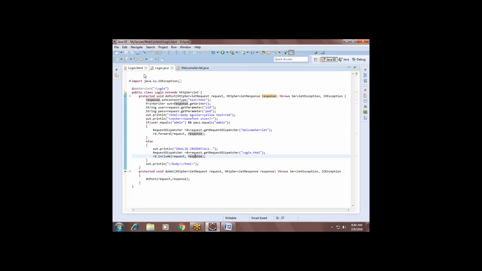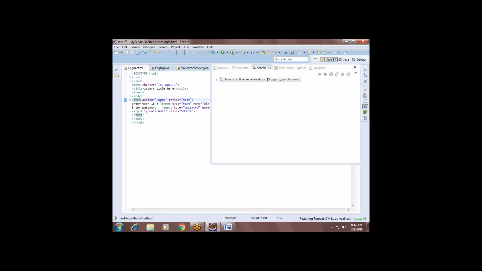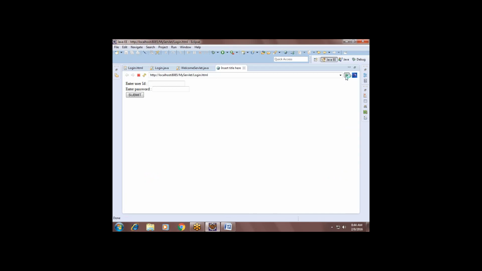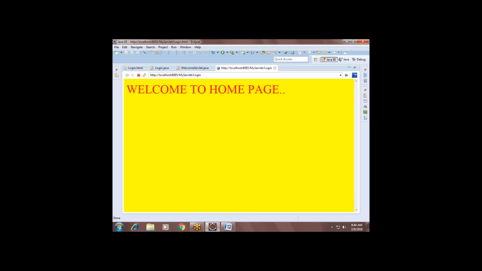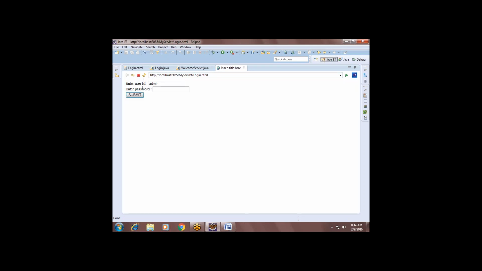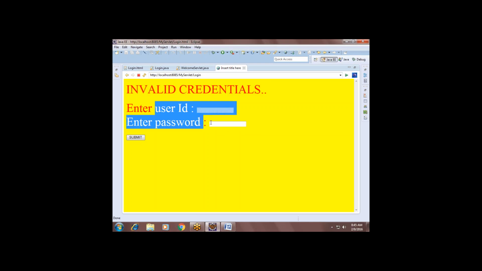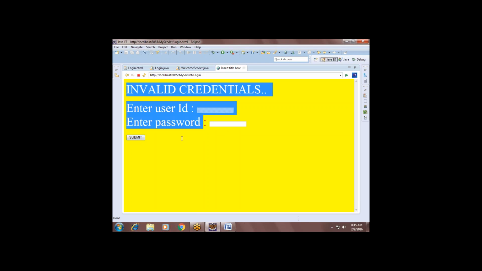Yeah. See, admin, welcome to home page. See, you got the login page. Next, something goes wrong. The invalid credentials message is displayed, as well as the client's page also displayed on the screen. That's what I wanted.